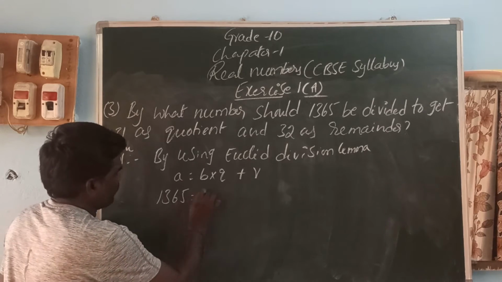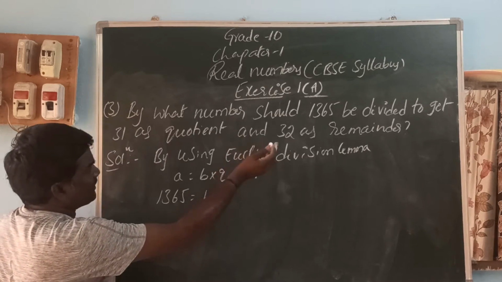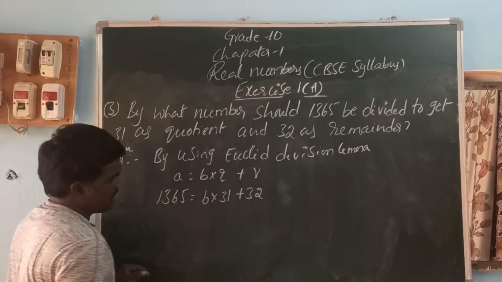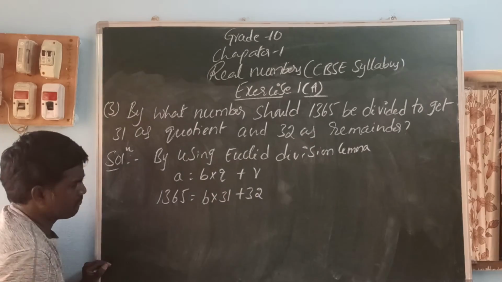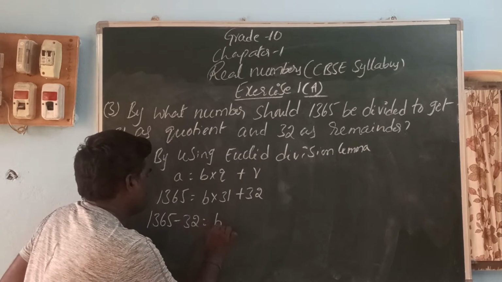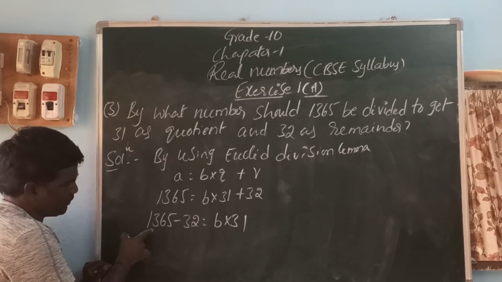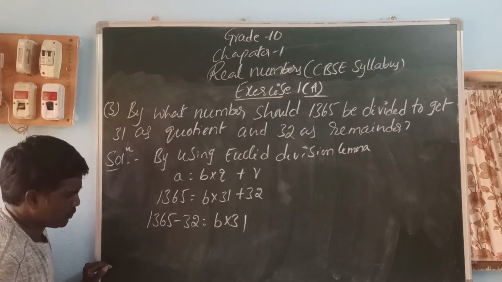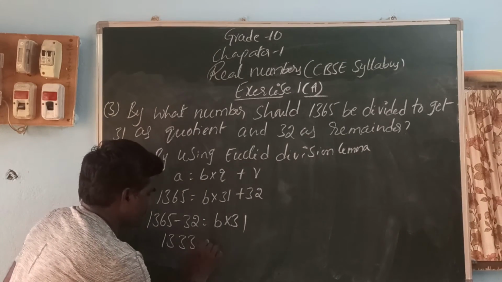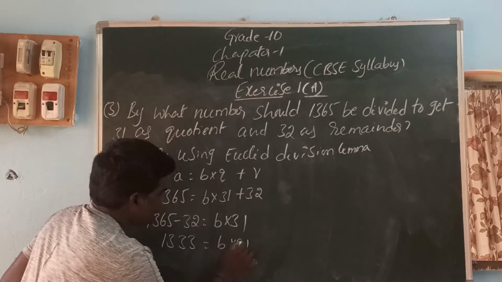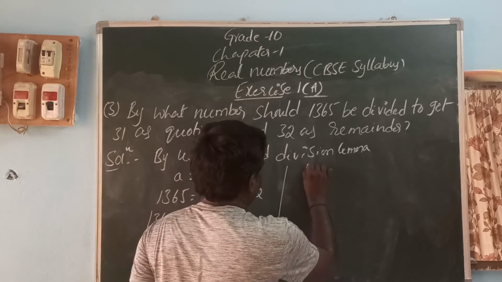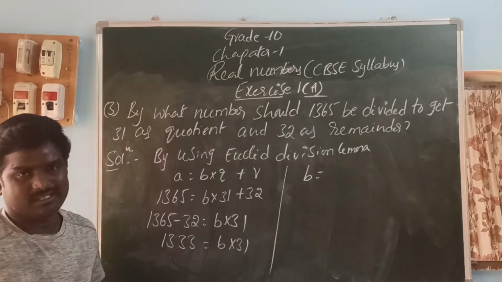1365 is the dividend. The quotient is 31, the remainder is 32. So 32 comes to this side: 1365 minus 32 is equal to b into 31. 1365 minus 32 is 1333. So b into 31 equals 1333, and 31 is multiplied here, so it comes to this side to divide. So b, the divisor, is equal to